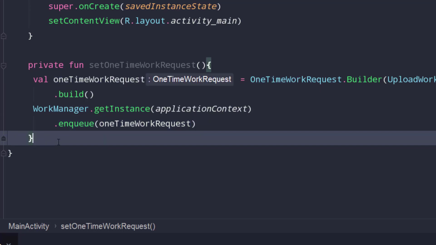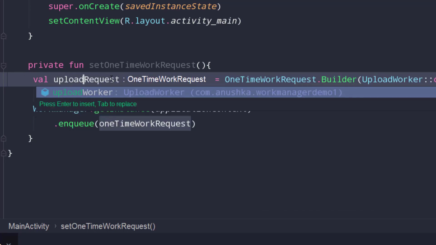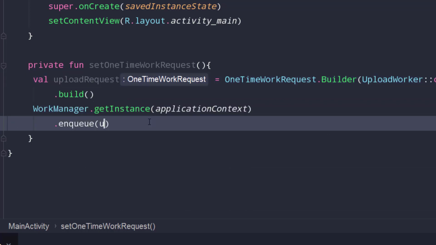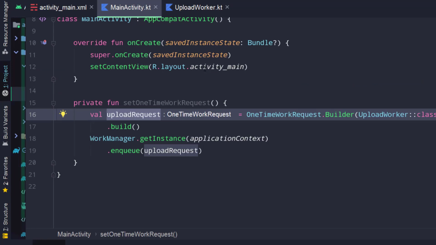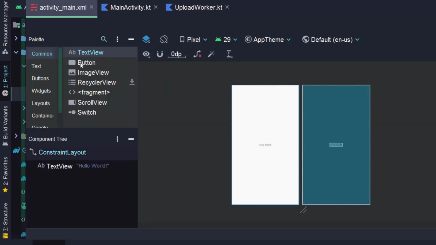Let's rename this as uploadRequest. That's much better. Name is not a problem. You can add any name you like. Now, I'm going to add a button and write code to trigger this task inside the click listener of it. Go to the activity_main.xml file, switch to design mode, drag a button, set constraints,